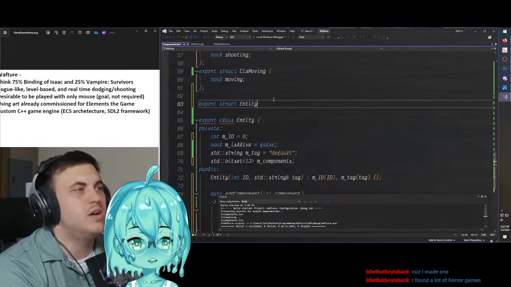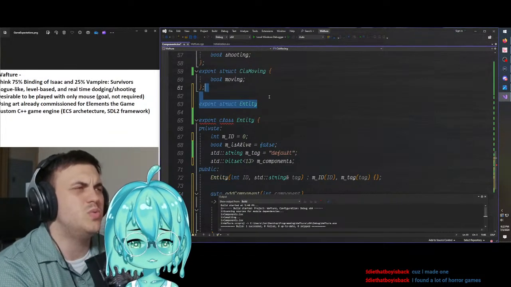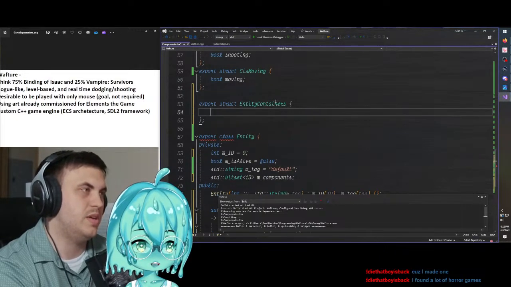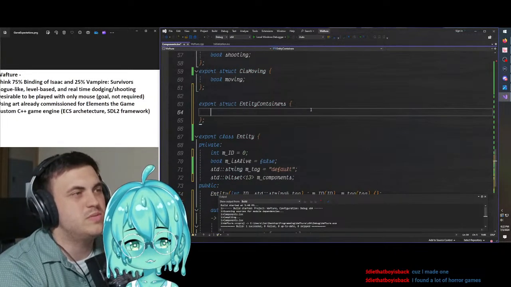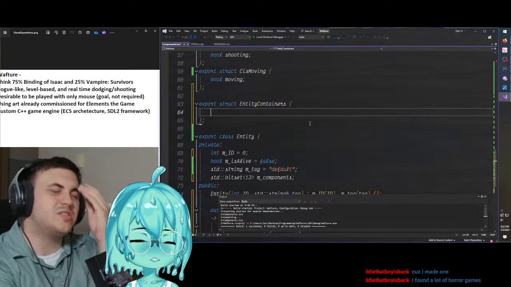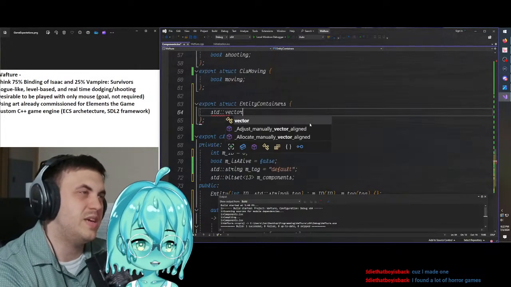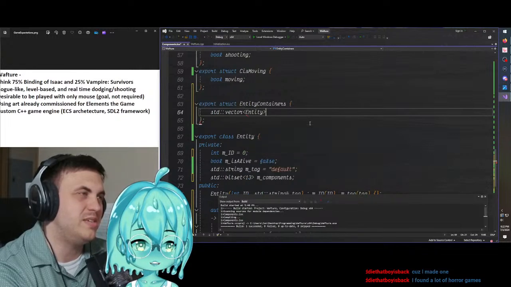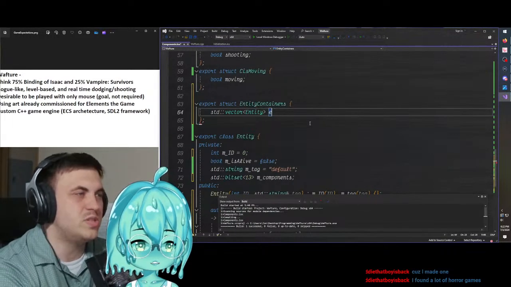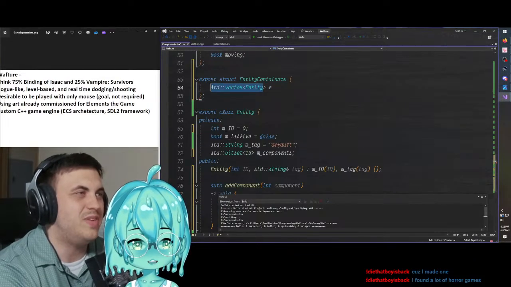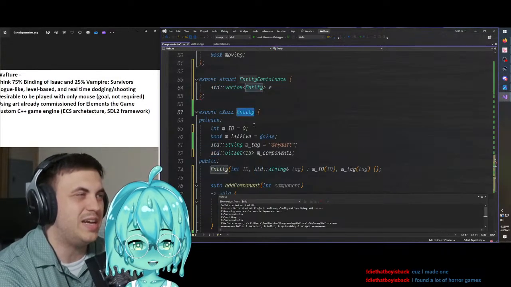Entity. You know what? Actually, this needs to go below, huh? Ooh! Entity containers. And what we would do... Oh, shit. Wait, I'm in like a circular logic problem. What I'm thinking is we would do like standard vector type entity, and this would be entity. Oh, this works. Never mind. I don't know how I can make a vector of entities when entity is defined immediately below it, but